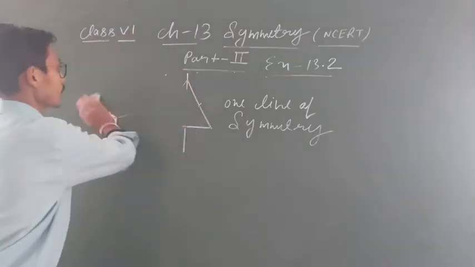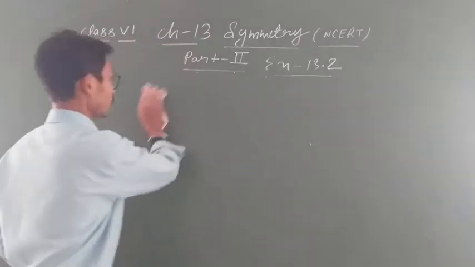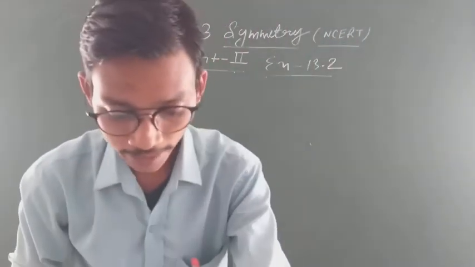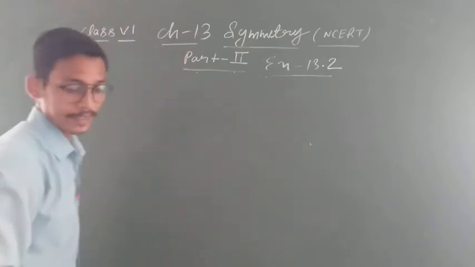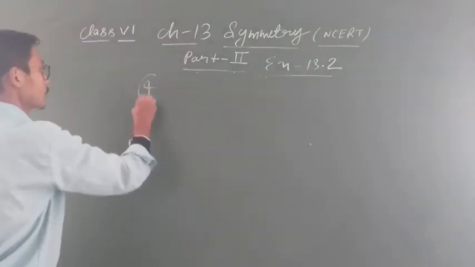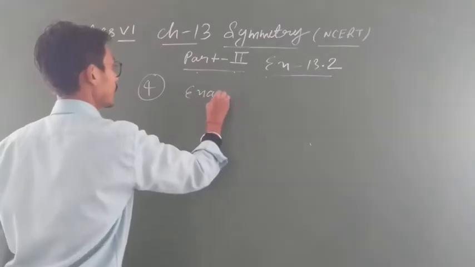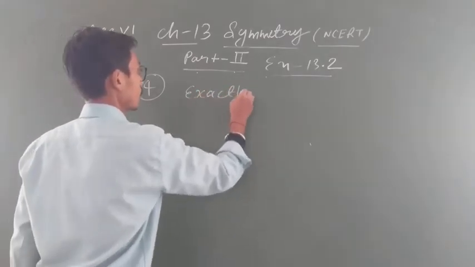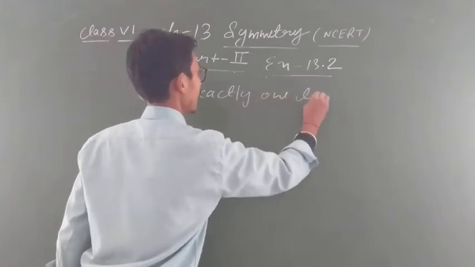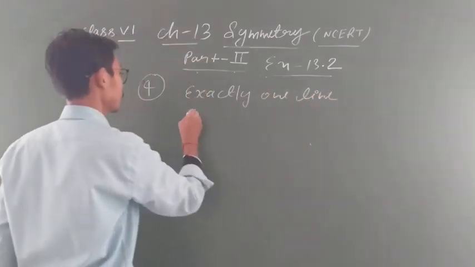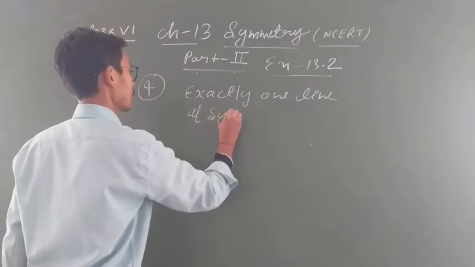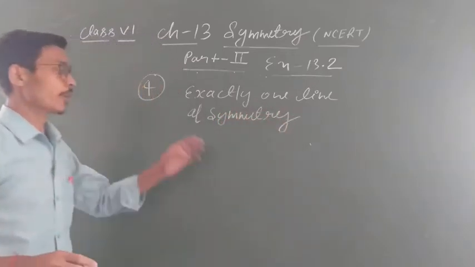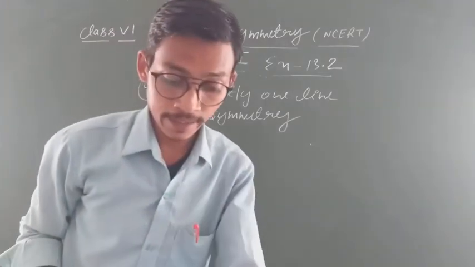चलिए. Now move to some other question, student. जैसे, can you draw a triangle having exactly one line of symmetry? अब देखो, question number 4 is given. You have to draw a diagram having exactly one line of symmetry. Clear everyone? You have to draw a triangle having one line of symmetry.